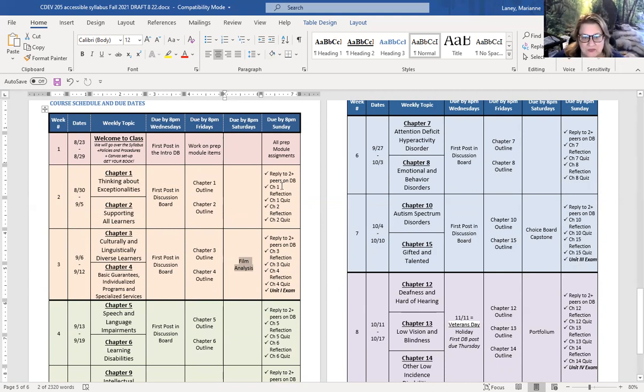So again, at the end of the week, you have to finish your discussion board, but there's also reflection for chapter 1 and 2. There's a quiz for chapter 1 and 2. But again, these are kind of shorter things. The reflections should take you maybe an hour. If you're really reflecting, adding something, and telling me how it applies to you, an hour tops. If you spend more than an hour on your reflection, something's up.